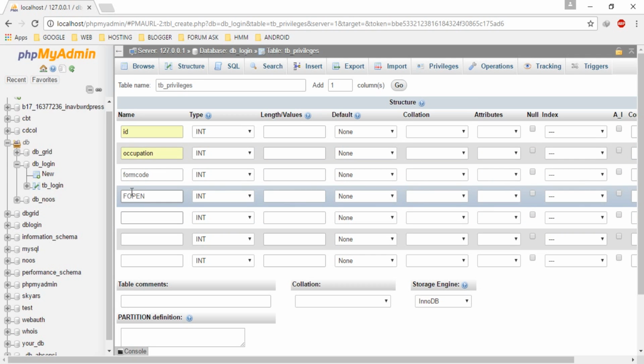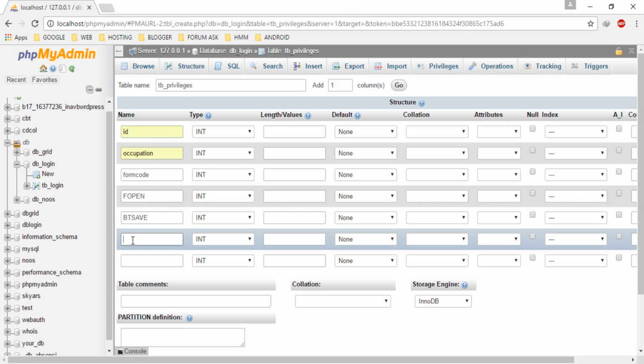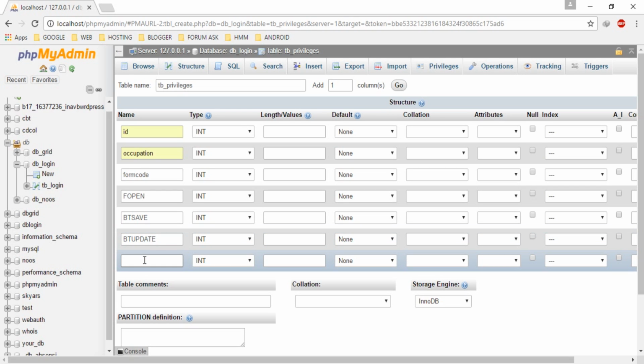This is special for form, so it will be easy to identify. This is for button, guys, button save, and then bt update for button update later, and for bt delete. Okay,